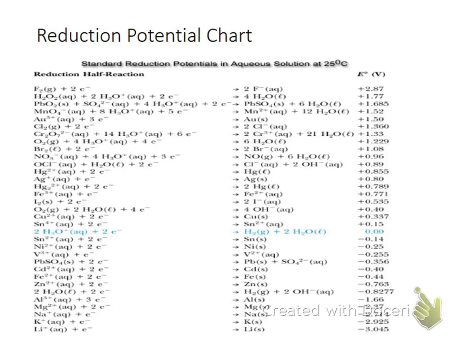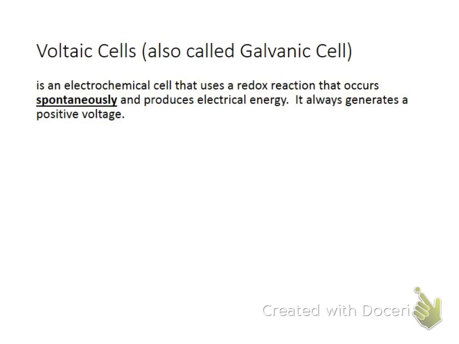So that brings us to voltaic cells, also called galvanic cells. They're both correct. We usually use the term voltaic cells. They are for reactions that are spontaneous, meaning that will happen on their own. I don't have to put a power source into them. And it always will generate a positive voltage. And, of course, from the video, Volta was the Italian scientist where we get that